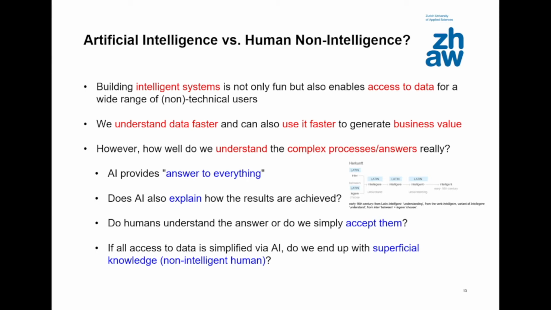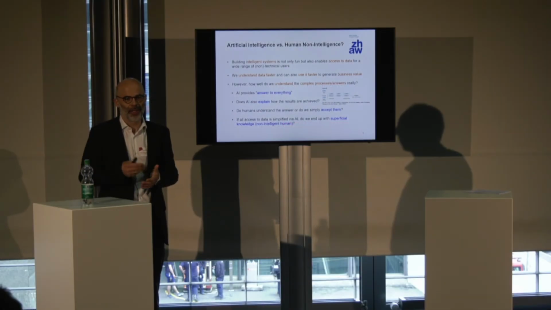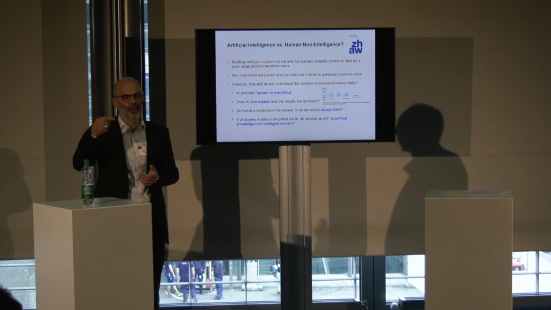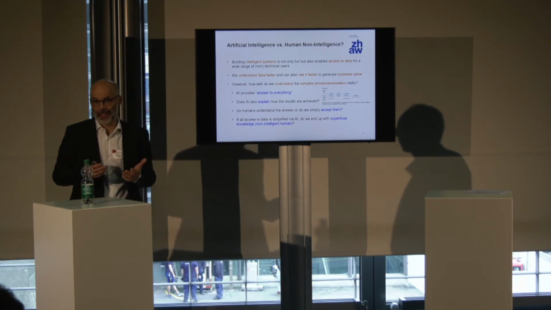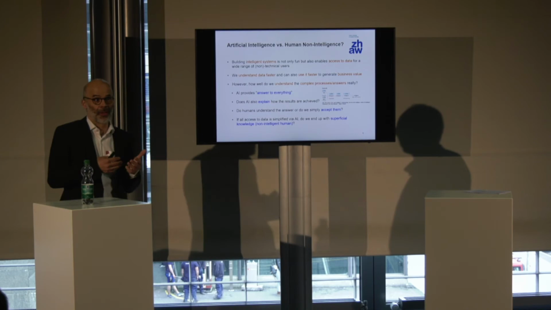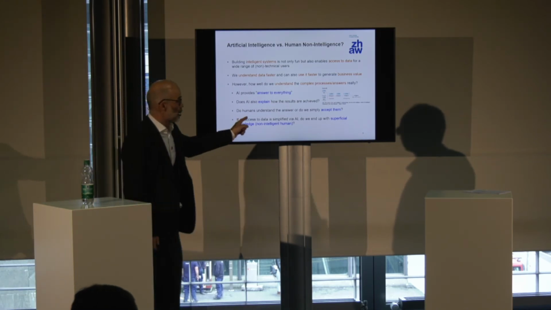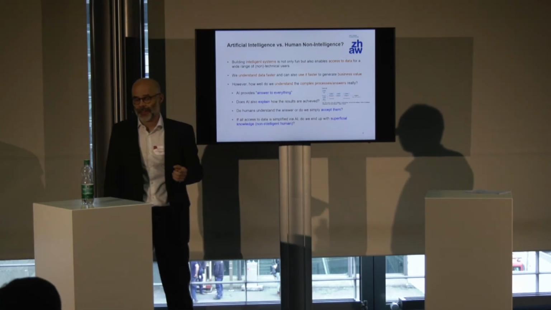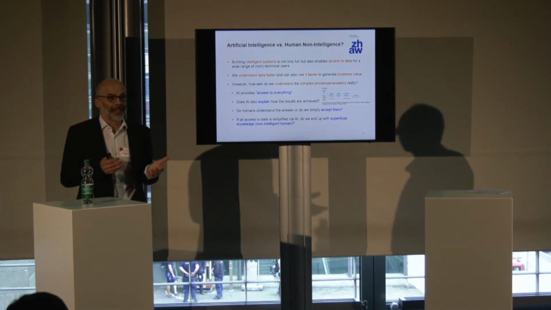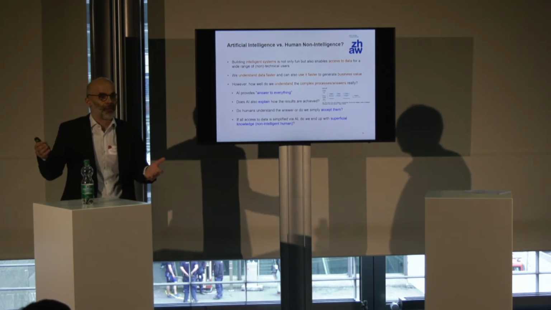The only problem is what happens to us humans. So now we assume AI provides the answer to everything. I ask a question, the system gives me the answer back. But does the system really explain to me the answer? I did not get any explanation why the breast cancer gene is also associated to prostate cancers. Is this a data quality problem? Is it an algorithmic problem? So do we just accept the answers? Or how do we understand that the system is not giving a random answer?